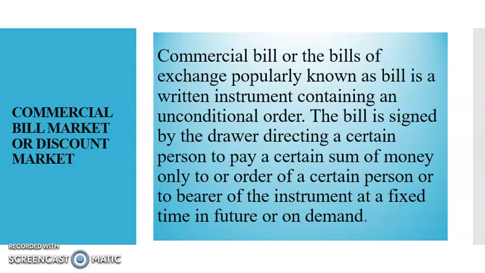There are different types of bills, like a demand bill, which is payable immediately when presented to the drawee. There are usance bills, which we don't have to pay immediately, but you have to pay after the expiry of time specified in the bill. Then there are documentary bills, which are bills accompanied by documents of title of goods. And there are clean bills, which are not accompanied by such a title of goods.